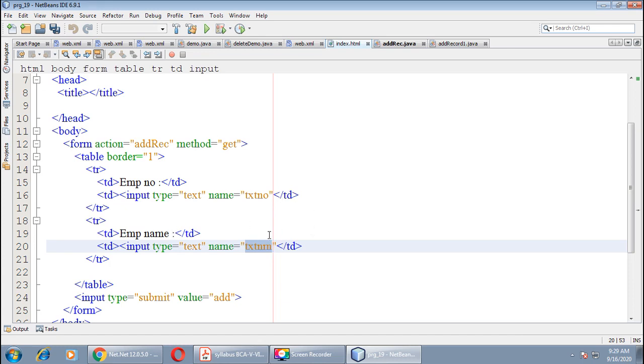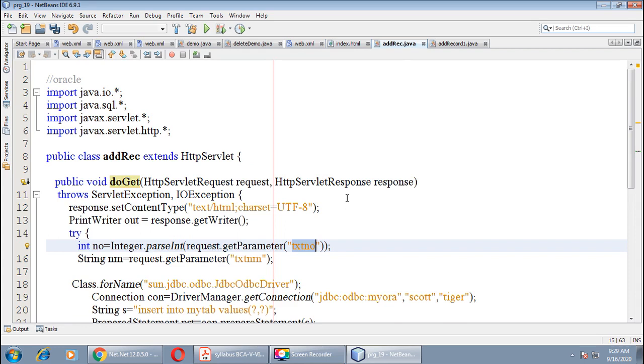Both these text boxes, we want to use the value of both the text boxes in our add record page. How we can fetch that value? We can fetch the value through this method getParameter.